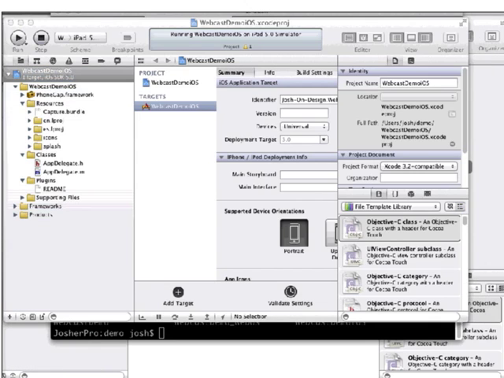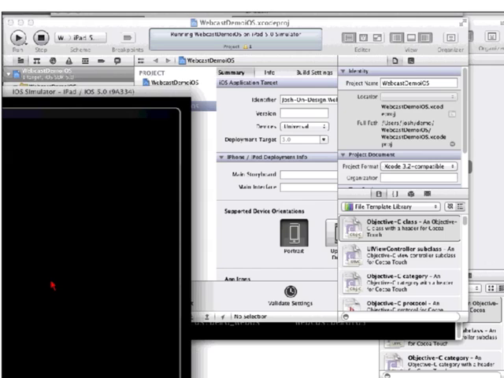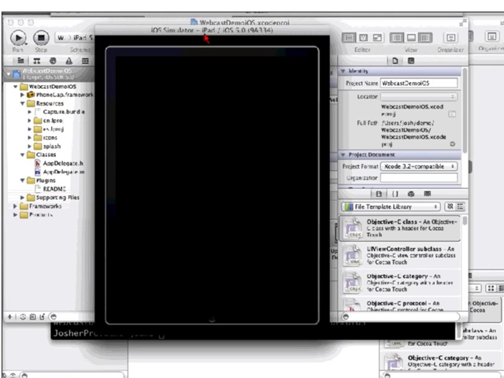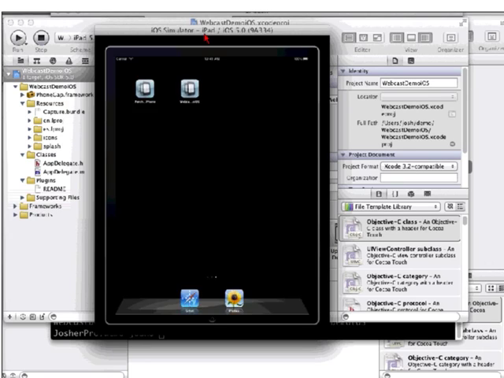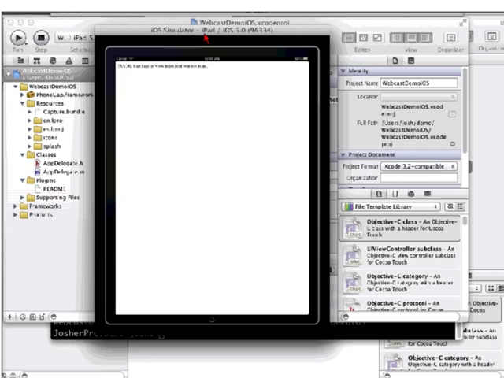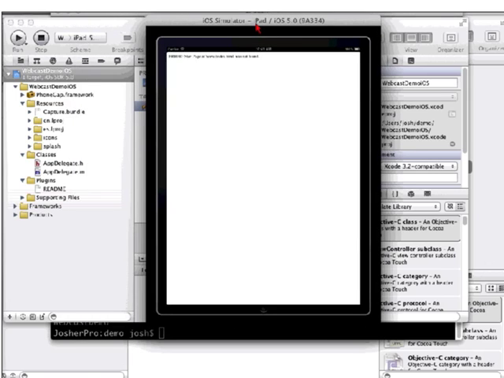It's now compiled everything. It's loading up the emulator. Give that a second. The iOS emulator is actually emulating the ARM processor. So it's going to be slower than the WebOS emulator, which is running in x86 mode, which is why I encourage people to use WebOS initially, because you'll get much better speed. So there we go. It launched,